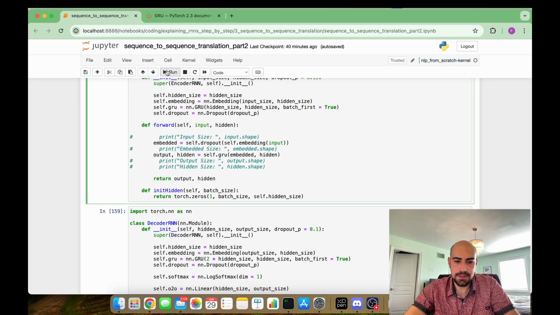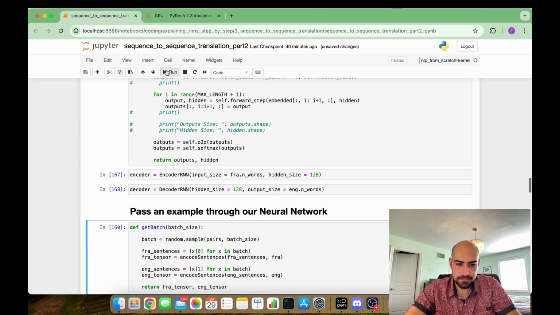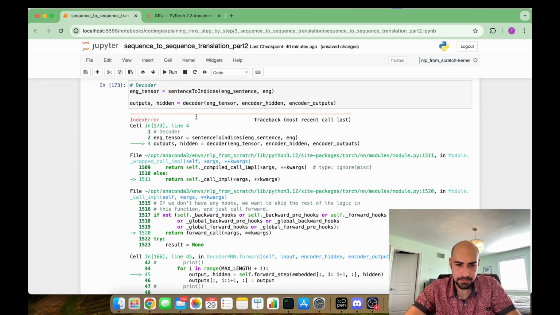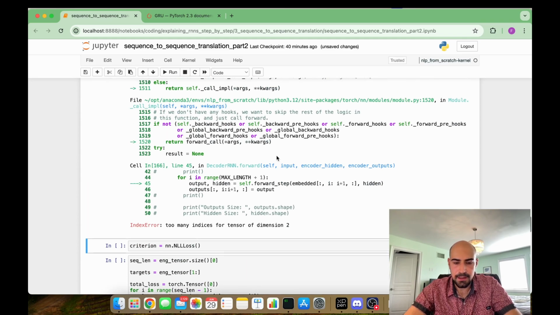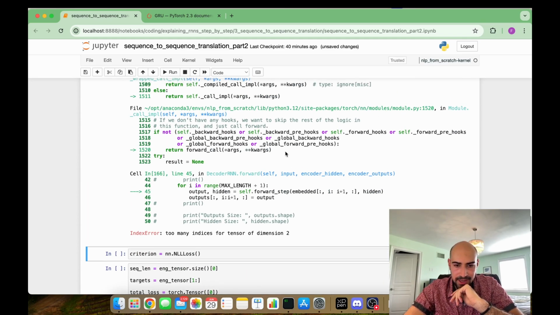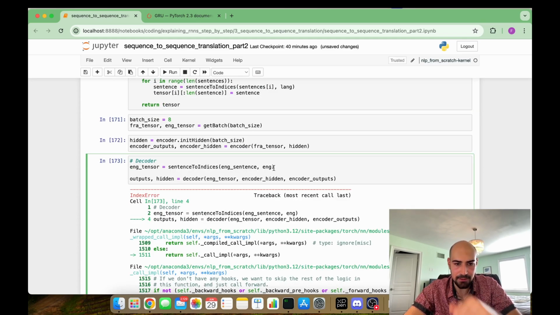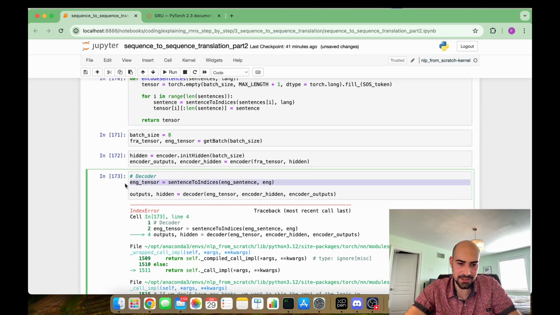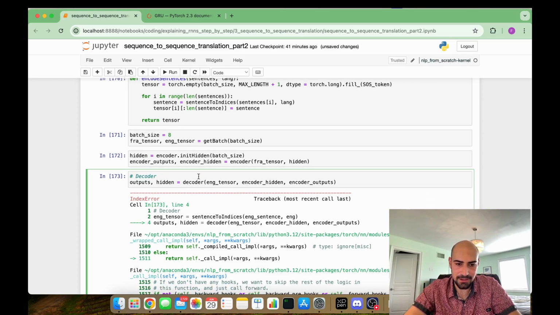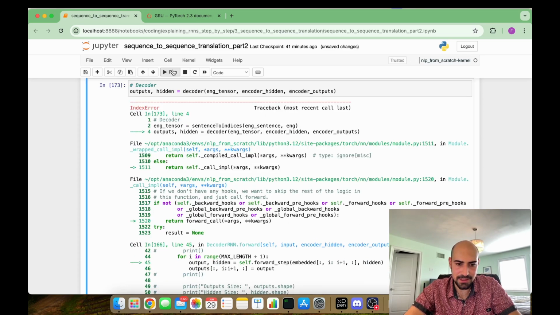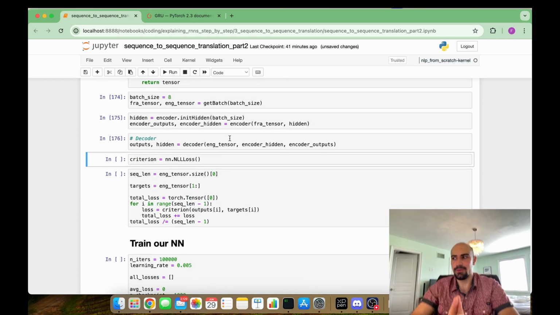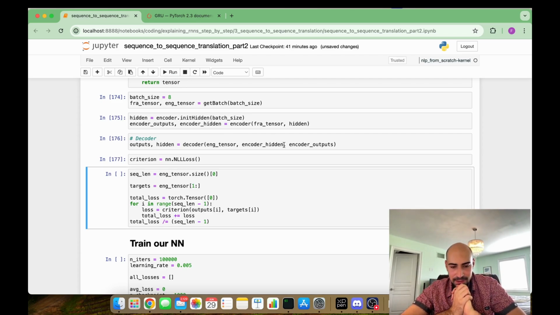Okay, so let's give this a try now. And we got an error. Oh, we redefined the English tensor here. That is not good. Let's do this again. Okay, so now it worked. Perfect. All right. Whew. So we've implemented batching now, so we can actually train our neural network in batches,